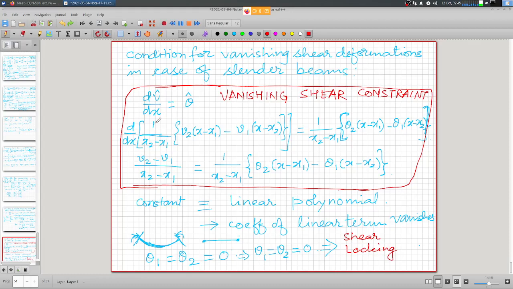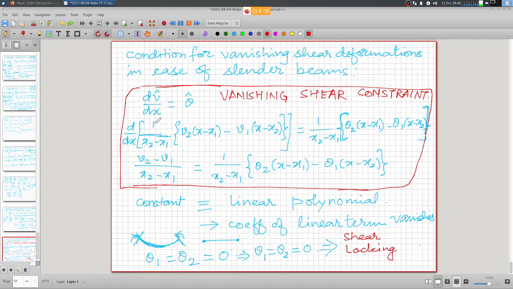And the only way section rotations can be equal, because they have to take the opposite curvatures at the two ends for a pure flexure kind of situation, the only way that condition can be satisfied is the sections just do not rotate, they just lock. That's the best they can do, right? So that is the best possible solution under these circumstances.